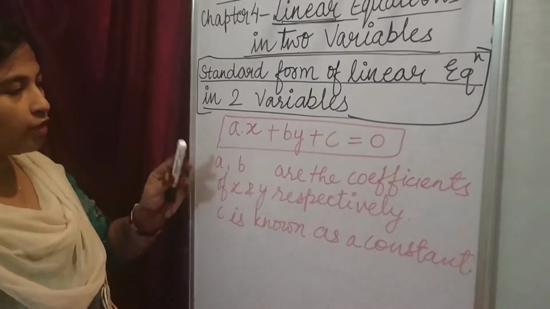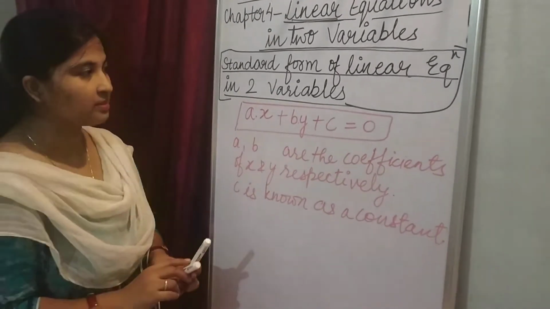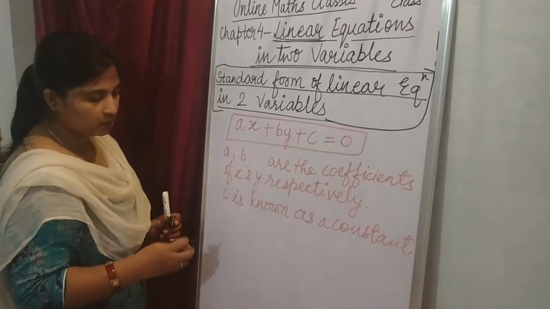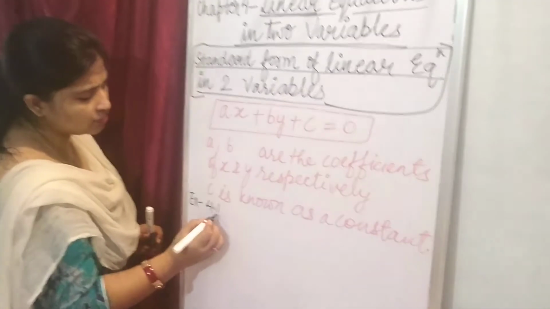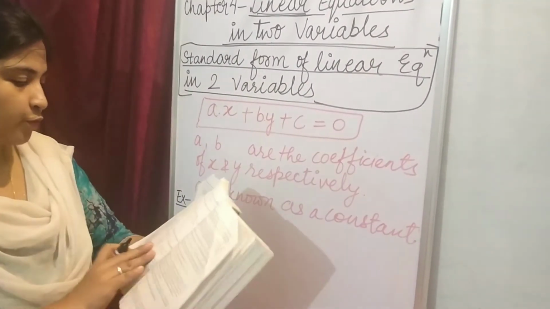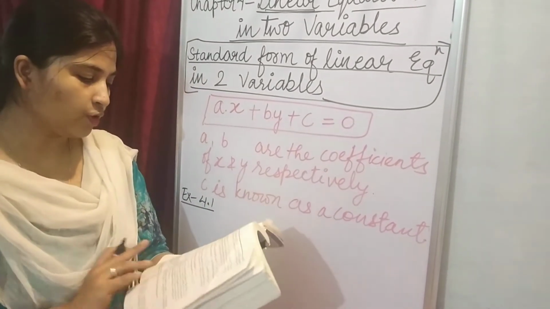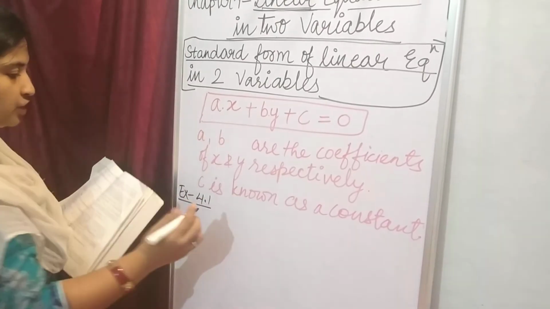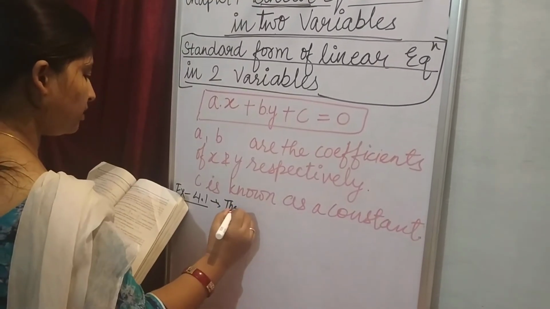Now what we have to do is we will do question number first of exercise 4.1. Let us open the book and start doing the exercise. It is very easy. It is just the same as the theory we have done. Open exercise 4.1 of the NCERT book. Question number first. The cost of a notebook. I'm writing the question because it is a word problem, so it will be easy to understand from the line.